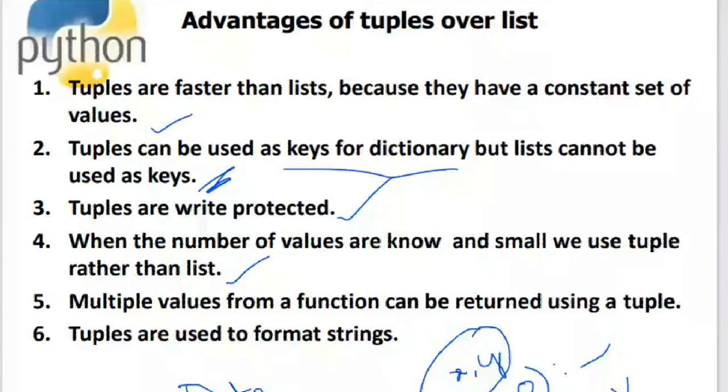And if you want to represent homogeneous data, it is better you take a list. That's the reason we generally associate arrays with lists in Python. Whenever you're writing a logic wherein you need an array, you'll choose a list, not a tuple, because if there is homogeneity of data, the choice would be a list.